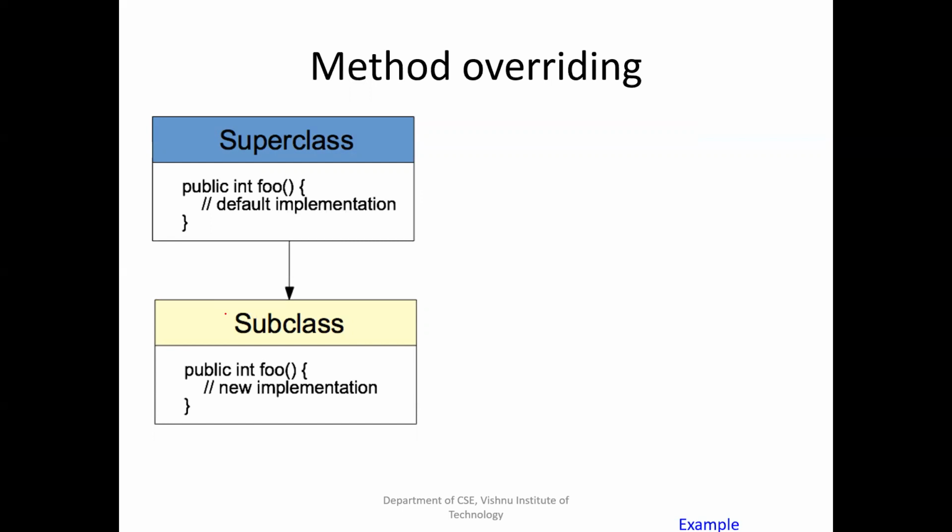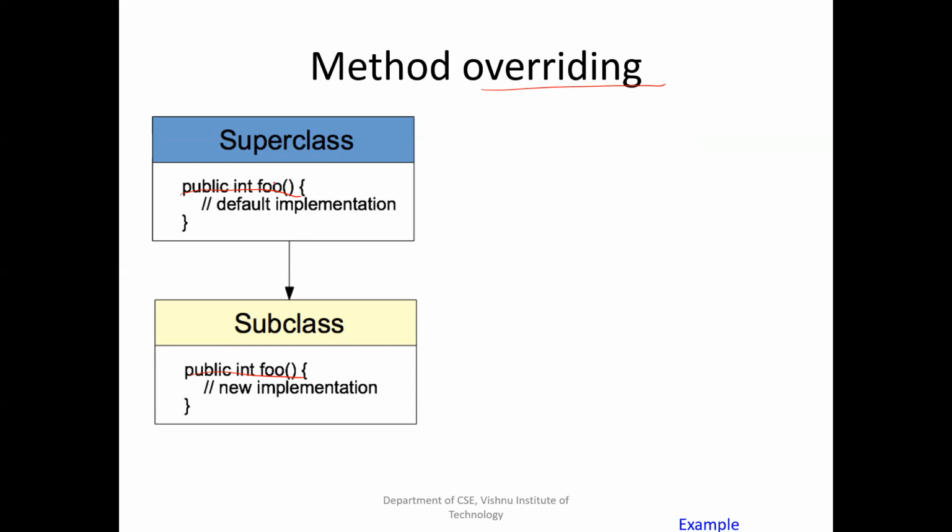Method overloading means writing more number of methods with the same name in a single class, and the number or the type of arguments will vary. Overriding means writing the same method in both superclass and subclass. By following the same signature, if you define a method in superclass and subclass, it is called overriding.